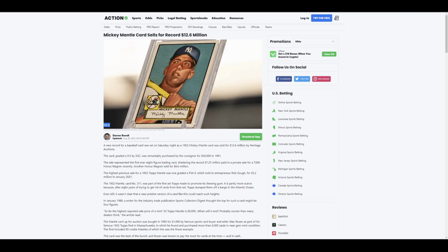News is news and eyeballs are eyeballs, and this will definitely draw eyeballs. Does it help the high-end market? I don't know. Does it help the vintage market? Probably. If you have anything Mantle related, and we kind of saw it at the National, that a lot of